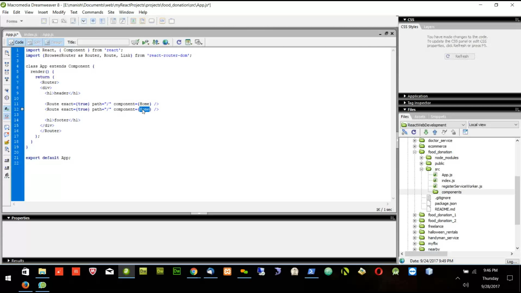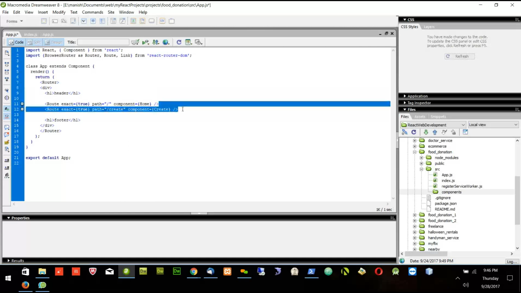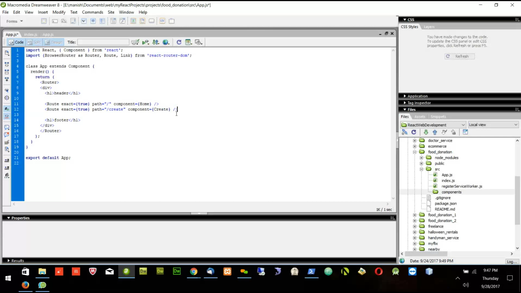When he creates his own ad, I need the create page. So let's have one more component called the create component. And here I will say path of create. I will create a couple of routing paths, and then you have to help me with what else I can put. Another thing is he can edit his advertisement. So he can say edit. I will create an edit component for